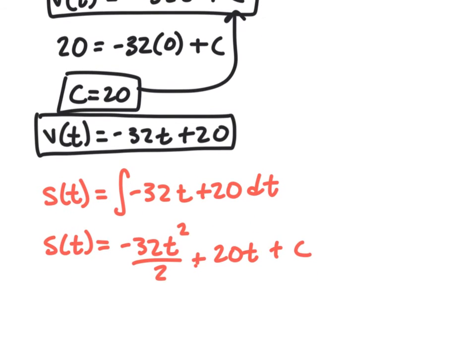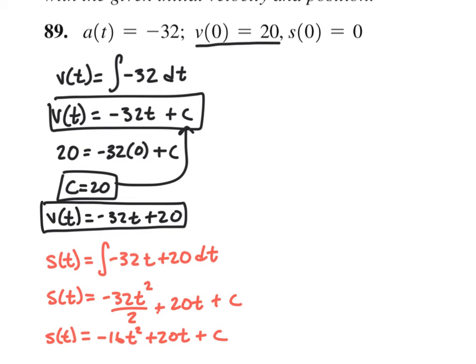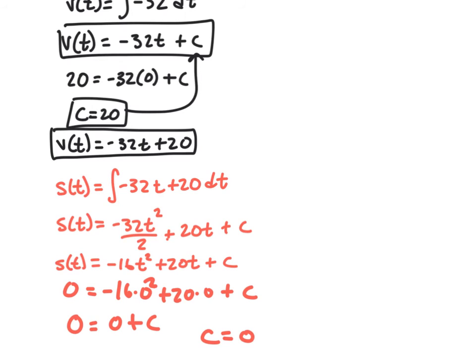Okay? And so we can simplify this and write s of t is equal to -16t squared plus 20t plus c. And the initial condition that we had was that s of 0 is equal to 0. So I'm going to plug in 0 for t and 0 into my position. So I get 0 is equal to -16 times 0 squared, plus 20 times 0 plus c. So I get 0 is equal to 0 plus c, so I just get that c is equal to 0,